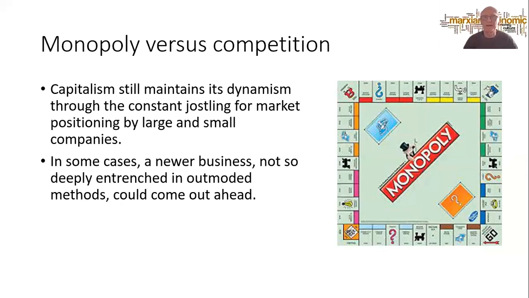It doesn't always work, but that is the dynamic part of capitalism, which is argued for by capitalists, that the new technology means new ventures, new processes that will increase the productivity of economies. And it's true that if you look at the top 500 companies in America and look at what they were 50 years ago and what they are now, you can see startling differences. Back then, it was big auto companies, big oil companies, big engineering companies. Now it's tech companies, the ones that we know about, social media companies, and so on.